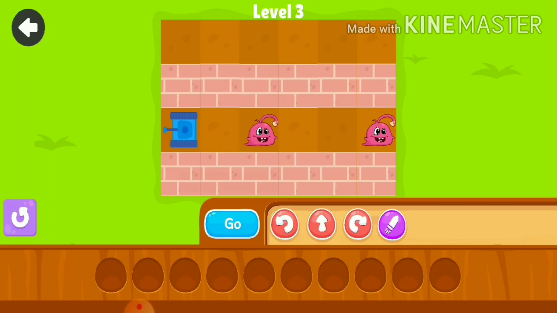Skip it. Now here in the third level we have two characters that are in pink color, and the position of our gun is towards the left, but the characters are on the right. So we need to first turn the tank, and to turn the tank again we have to use the turn blocks. This time we can use either clockwise or anti-clockwise, as the number of blocks we have to place will be the same.